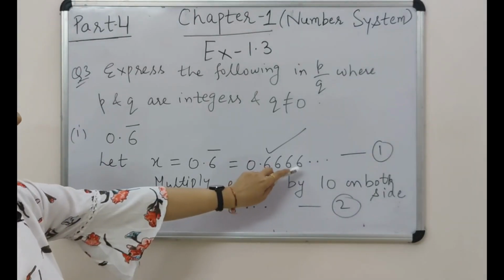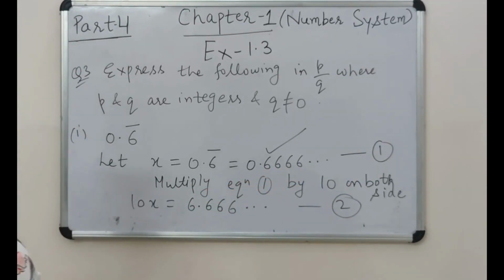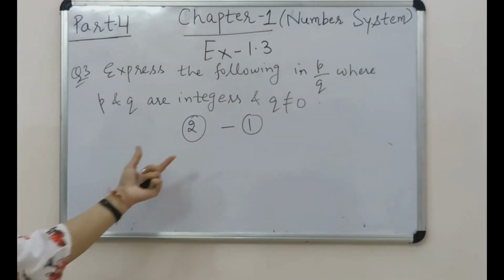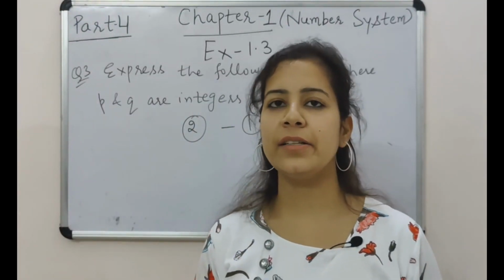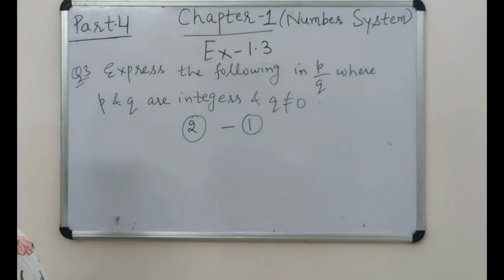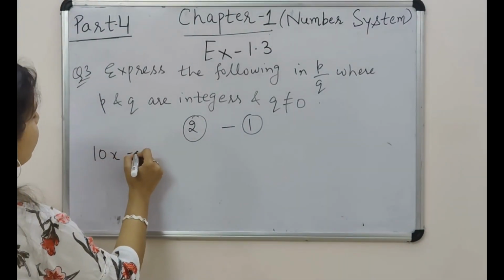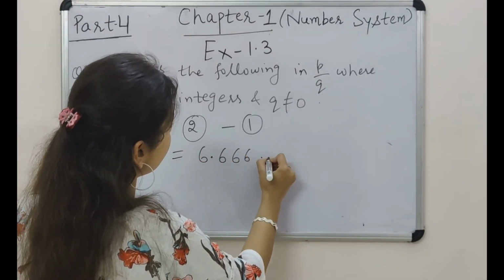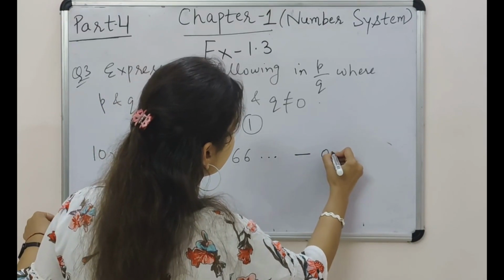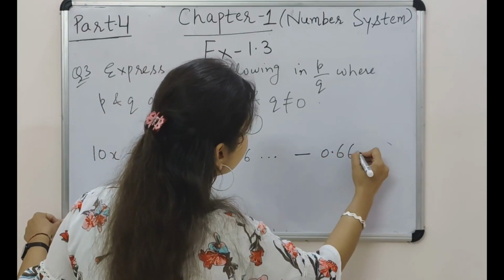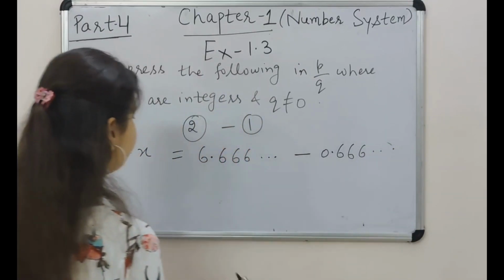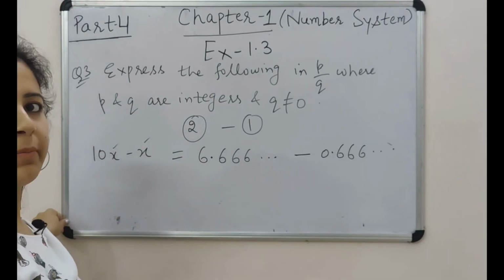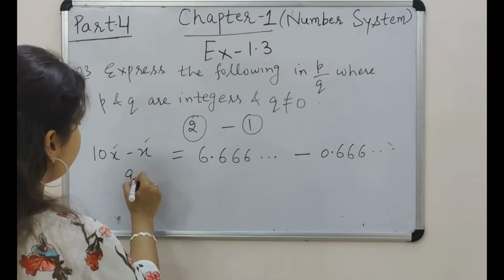Now you need to subtract your equation 1 from the equation 2. Equation 2 minus 1. And this subtraction will happen on both the sides. Left value will be subtracted from left and right side will be subtracted from right hand side. So on left hand side I am going to get 10x minus x, and this side we have this minus, what was on the right hand side of equation 1? 0.666, right. 10x minus x, since they are like terms. Why? Because they have the same variable with the same degree, so we can subtract them without any problem.